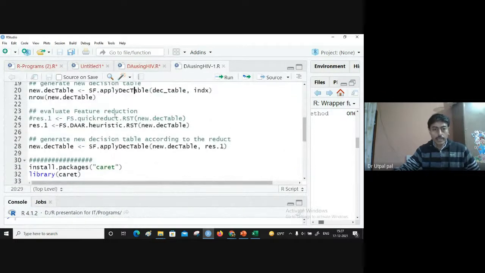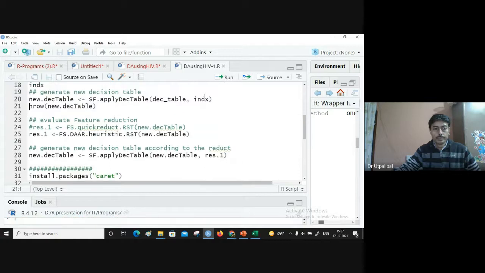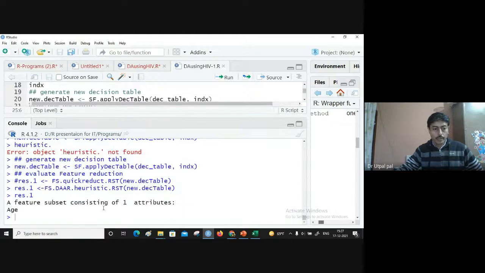Now the feature reduction using this heuristic method. Let me see what features are taken by this method. It has taken only one feature.